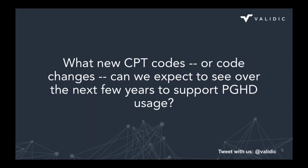That said, the 99091 code is decades old. It's a very old code from before we had any remote monitoring tools, before we had any smartphones, and before a lot of folks were even using computers. So while it's a great step forward, there are some significant limitations that this code has. One, it focuses on biometric data